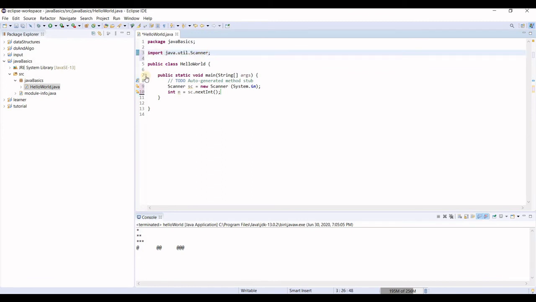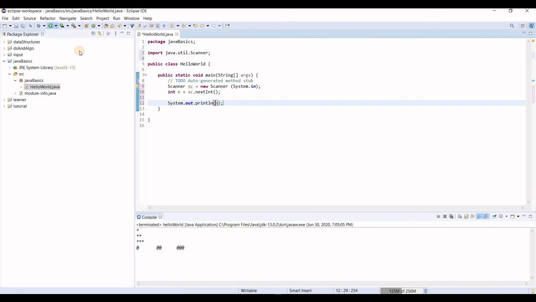If it's not included, click it over here. It will ask you to import, and import it, or you write it by yourself. And after this write sysout and print the value stored in n.